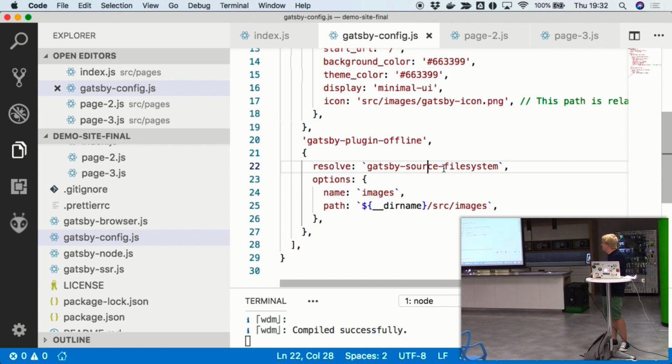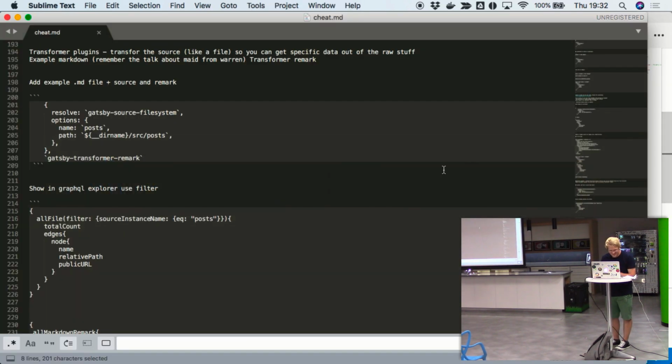So say you had markdown files, so posts, you'd query it with the file system, but then you need to get information out of it as well. So that's where a transformer plugin comes into play. So I'll just quickly show you, maybe you'll get it, and then I'll stop.